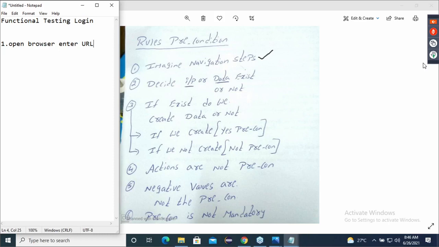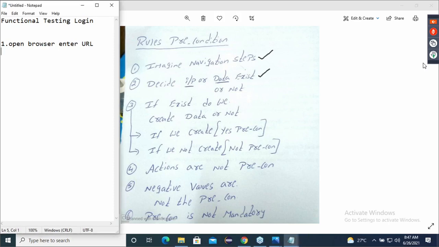Now listen. Imagine the navigation steps, and in this navigation step, you decide whether input is there or not, or data is there or not. So in action number 1, open browser and enter the URL, is input there or not? First you tell me.